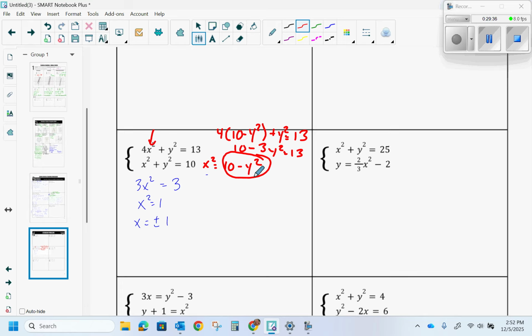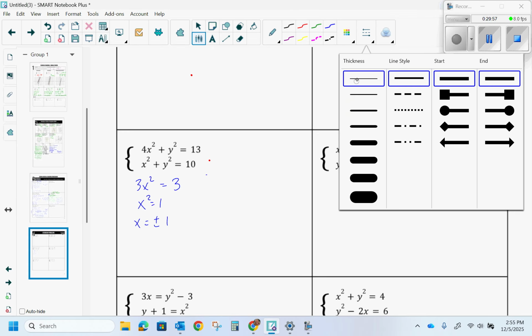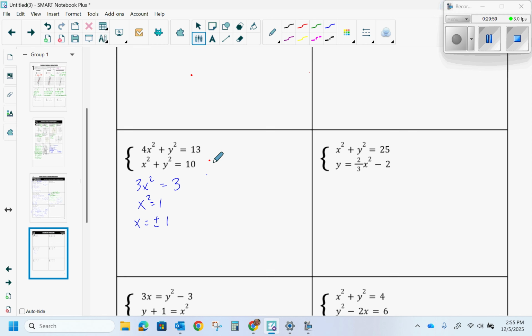10 minus y squared. I have to go back, sorry. I'm rushing. Give me a second. Okay, so sorry about that. I wanted to show you guys how you could solve for y instead. If I made this like I just showed you, x squared equals 10 minus y squared,